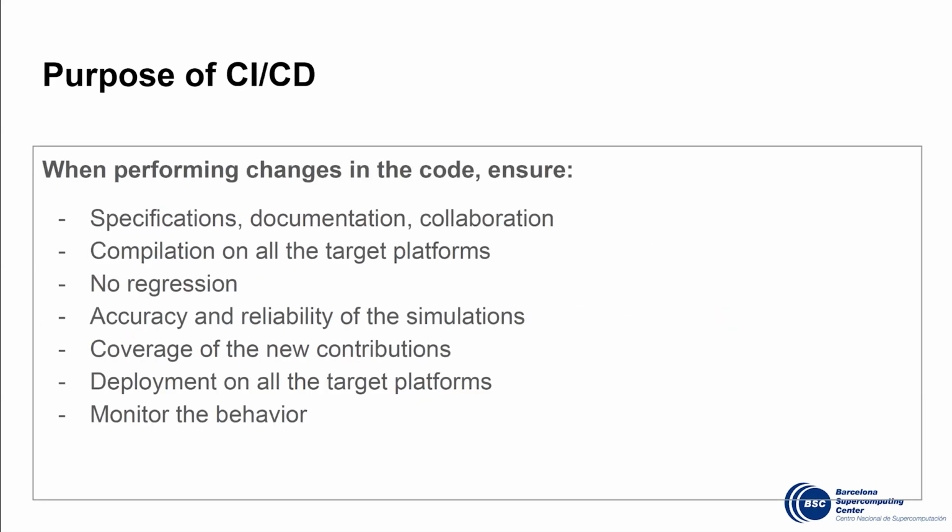So the purpose of CI/CD is to ensure a certain number of things when we perform changes in the code. At the beginning, we want to ensure good specifications, documentation, and collaboration between the different developers of the code, and ensure compilation on the target platforms. We want to prevent regression. We want to ensure accuracy and reliability of the simulations, to cover the new contributions, to deploy the code on all the target platforms, and monitor the behavior to ensure that there is no problem when we release a new